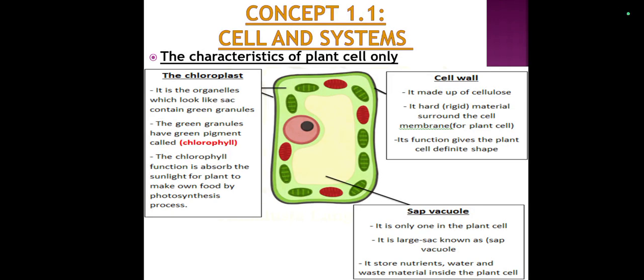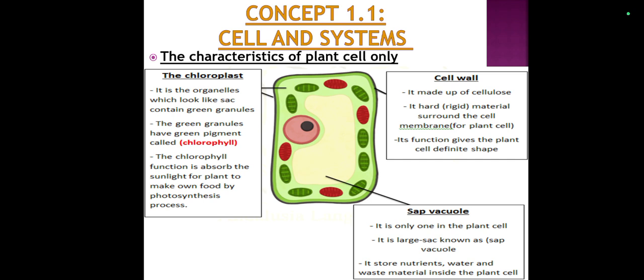Hello, Junior 6. Today we are going to talk about the main structure of the plant cell and what makes the plant cell differ from the animal cell. As we said before, both cells contain a cell membrane, cytoplasm, nucleus, and organelles. Plant cells and animal cells have things in common, and there are some structures which are different from